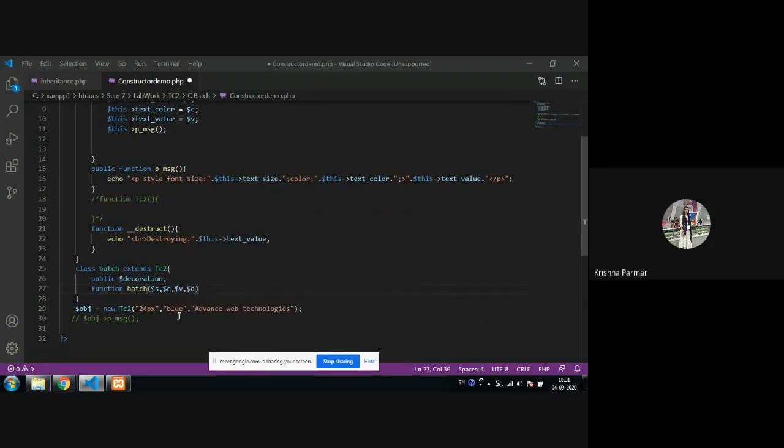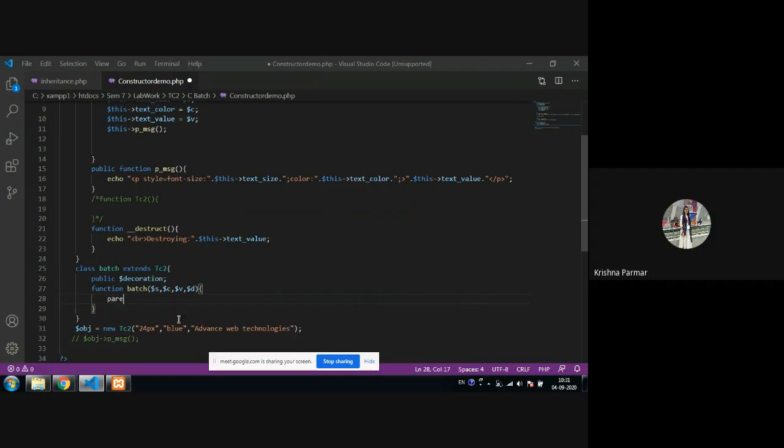Okay, now your parent class already has 3 parameters in its constructor, so I don't want to initialize these in the child class constructor. What I can do is call the parent class constructor. So how can I call it?